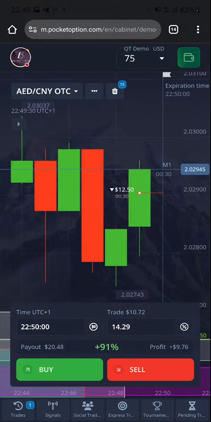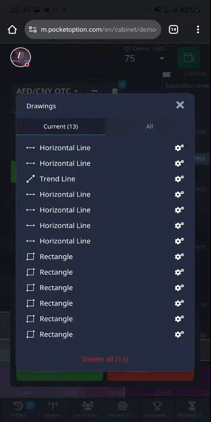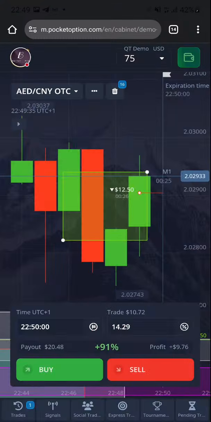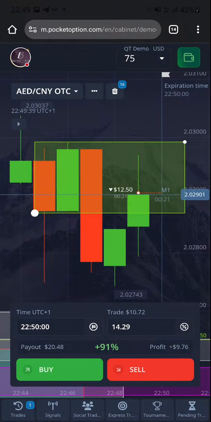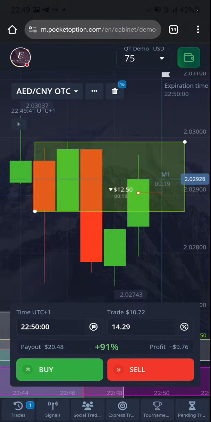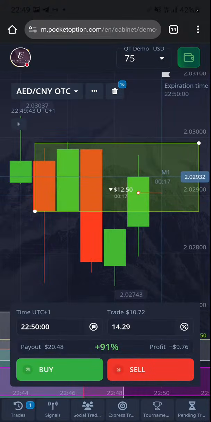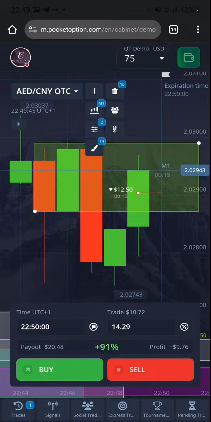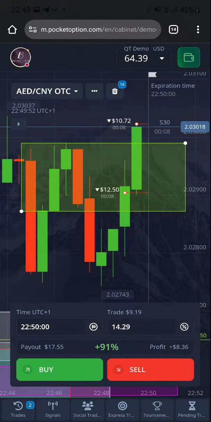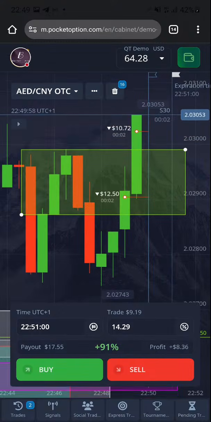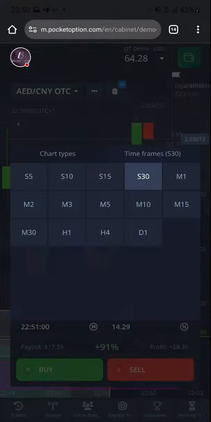You understand? Though somebody might make the argument that you have a supply here, which is true, but you see this supply is not a strong supply. This particular supply here is not strong enough. Now if we had gone to the lower time frame and found maybe a lower time frame entry, like somewhere here, that would have been a good one. Let me see if it's going to give us that trade. No, it's not going to give us. So it was a blind trade.